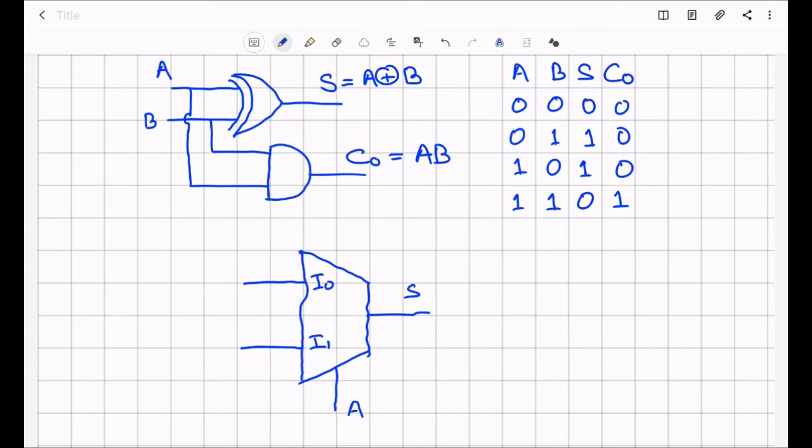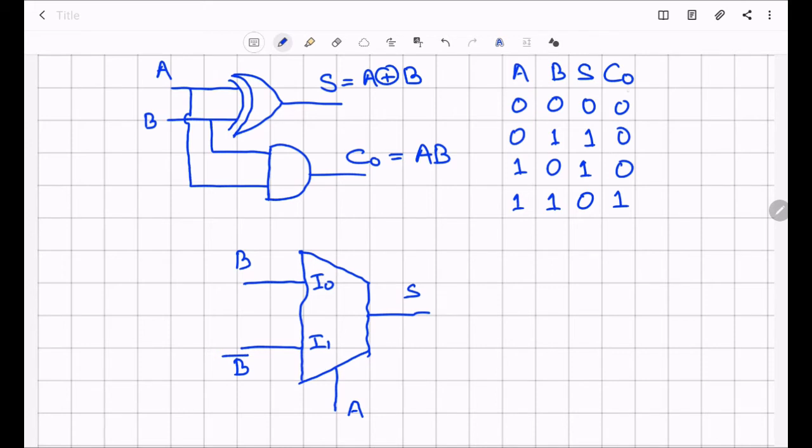It's up to you. So when A is 0, we will see that sum is equal to B. So I0 will be B. If A is 1, in that case we can see that sum is equal to complement of B. So I will be writing B bar.